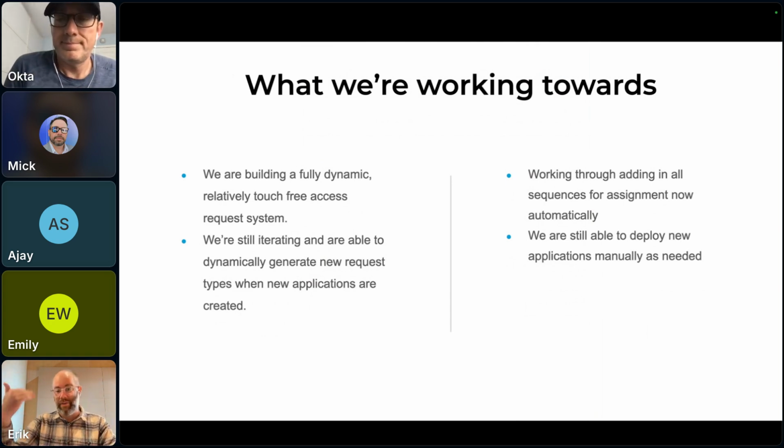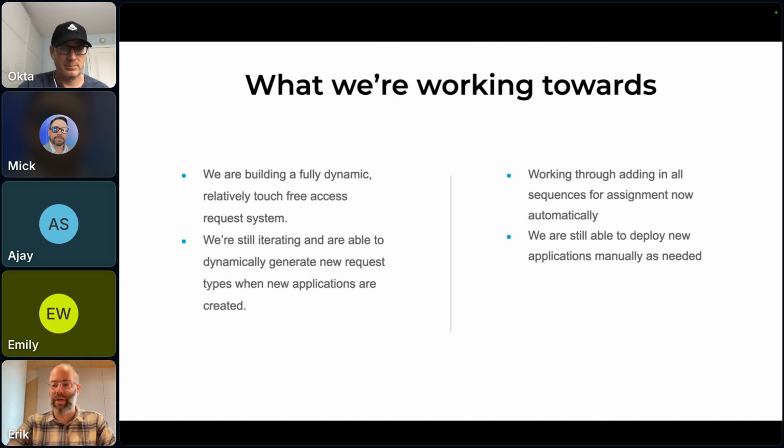We want to be able to take all of those groups and create those as the assignment, so you can assign the user to those groups dynamically and create that in the request type itself. Right now, that's still a manual process, but it's not the worst process because we've taken the vast majority of the effort away just by automating the request type creation.